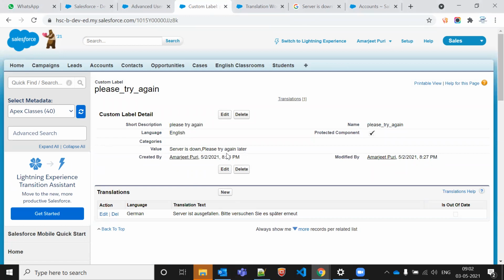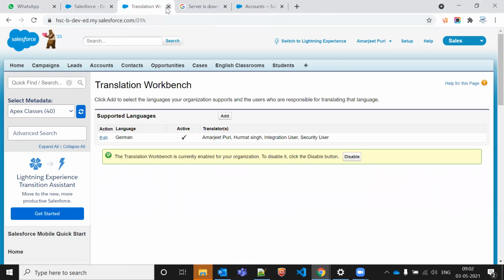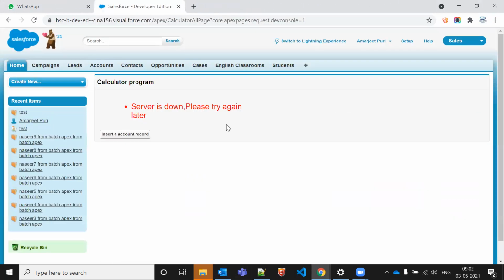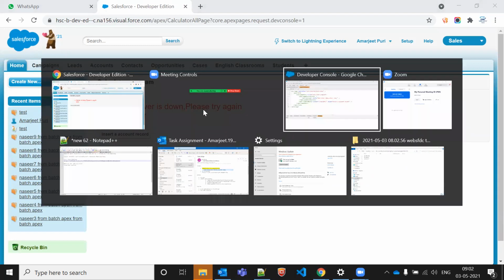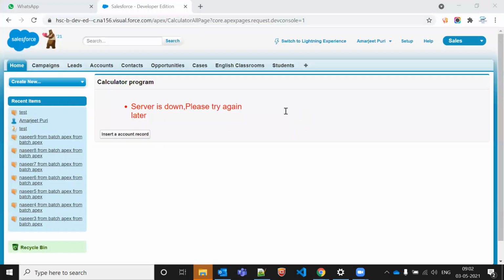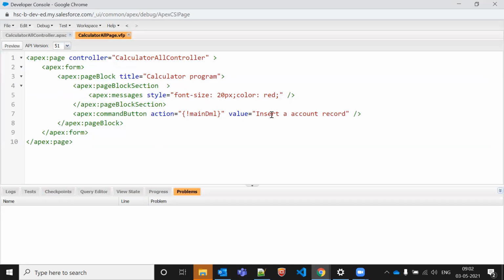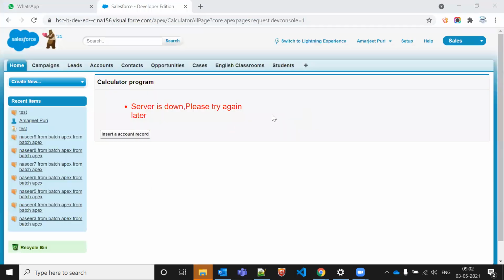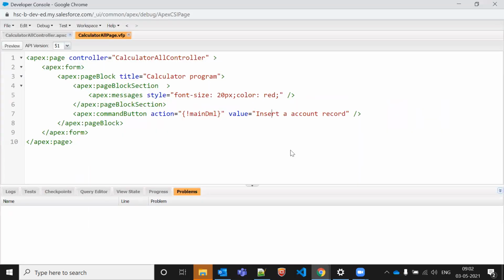Okay, then we'll continue tomorrow. And the full calculator program which you need to make, do it, and whatever we cover today, that is most important. It doesn't mean that we can show the things like this only. If there is an insert account records and a calculator program where you are doing the hard coding, everywhere you can do like this.